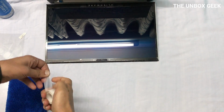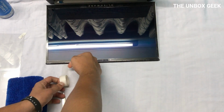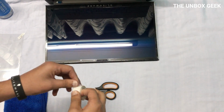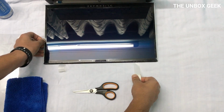Take out the tape and stick it on the back of the laptop like this, and leave a little bit over here and just cut it like this, and do it on the side itself. You don't have to be very precise over here, just do it randomly. All right,